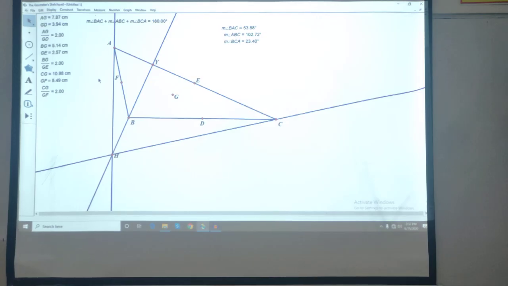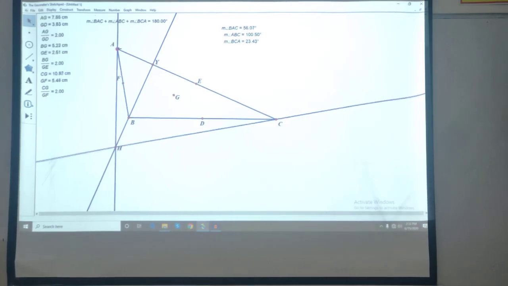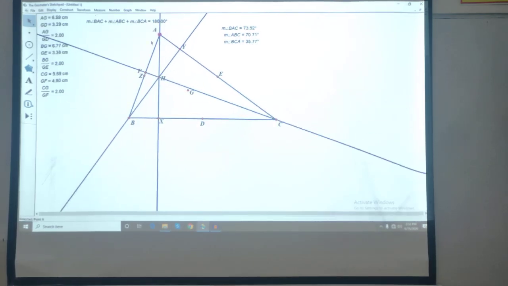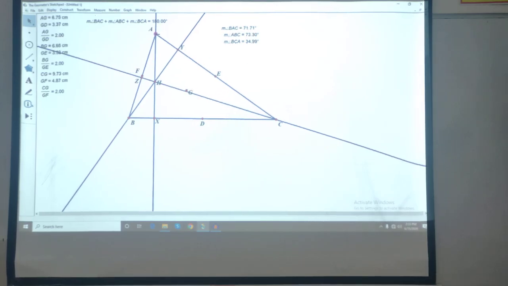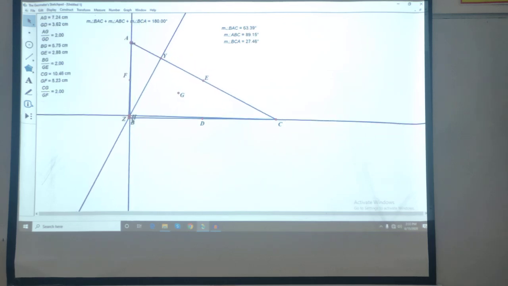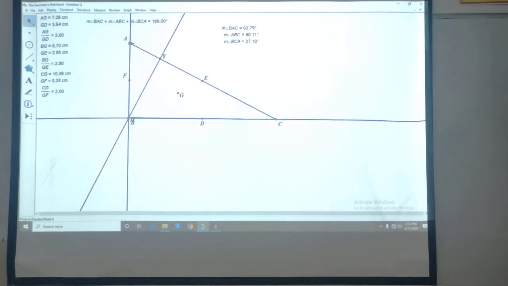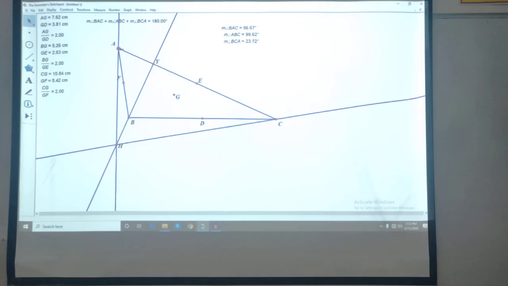Once again, I am telling you that if triangle ABC is an acute angle triangle, you can observe here that all the angles are less than 90 degrees, and the orthocenter H lies inside the triangle. As I make angle B 90 degrees, H goes to the point B. This I am doing manually. As angle B is 90 degrees, H coincides with B,